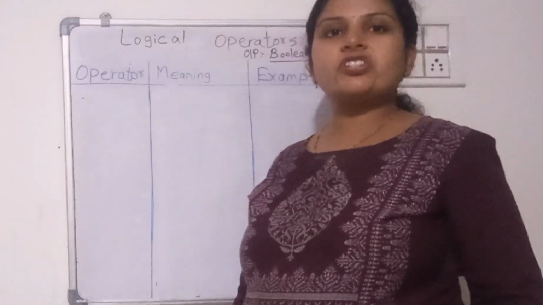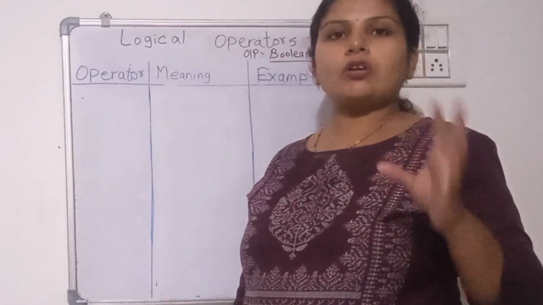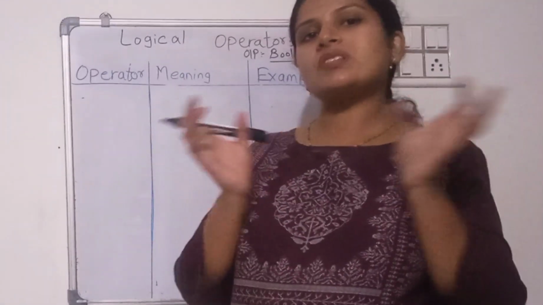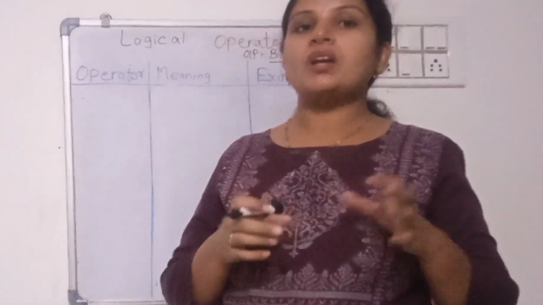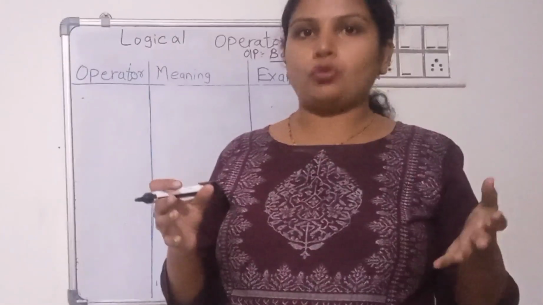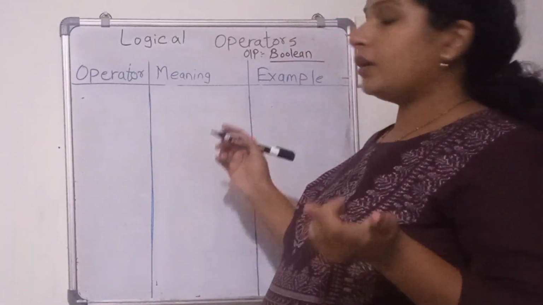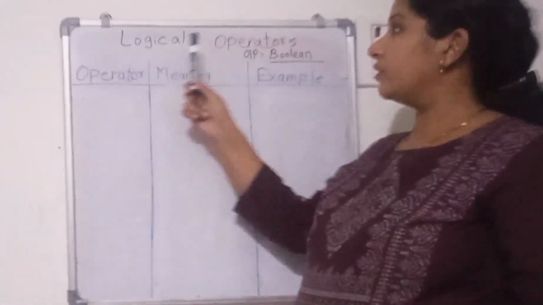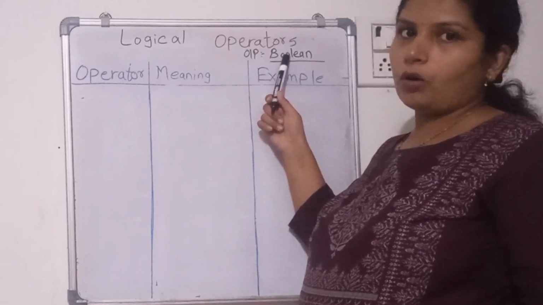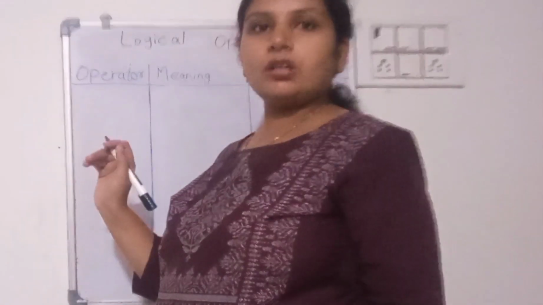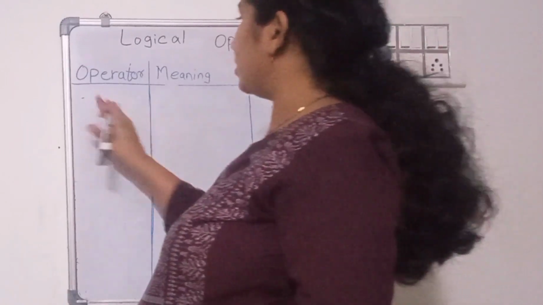Next is our logical operator. Now logical operator means when you are combining two separate statements together and then you are checking whether they are true or not. So like comparison operators, the output of logical operators is in the Boolean form only, right? So here there are three logical operators we are going to see.